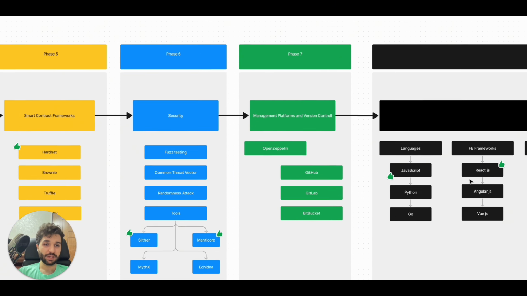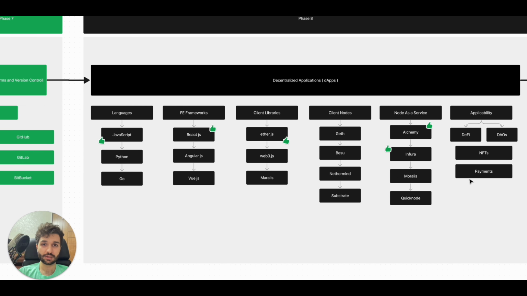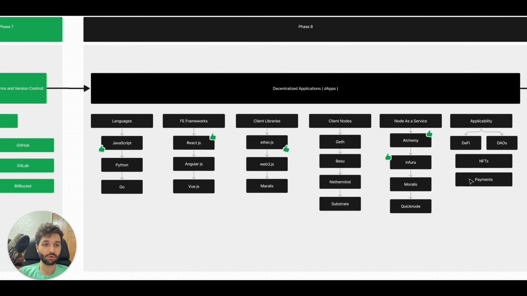After these 7 phases, we have a big phase here. If you want to develop a decentralized application, how should you do that? For example, you learn about the EVM chain, you develop a smart contract. So how should you use that? After you deploy that in, for example, Hardhat as your test framework. These are some steps that you should follow.